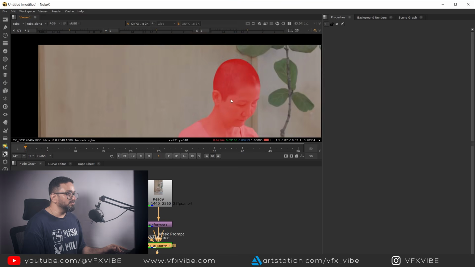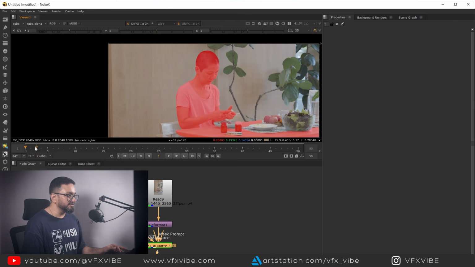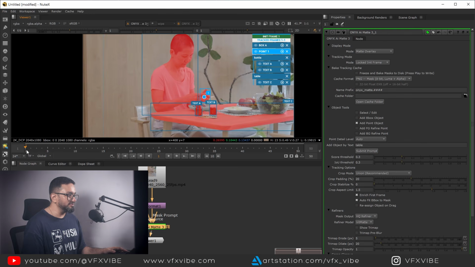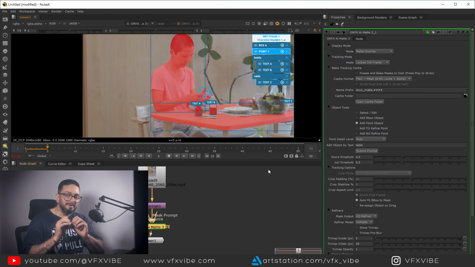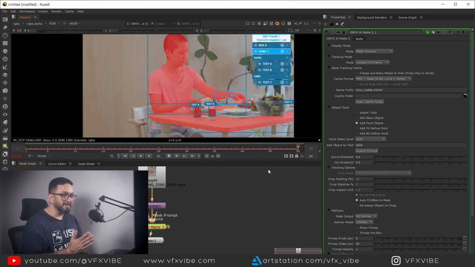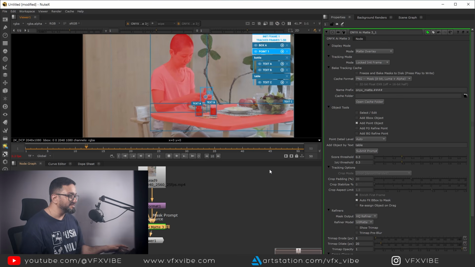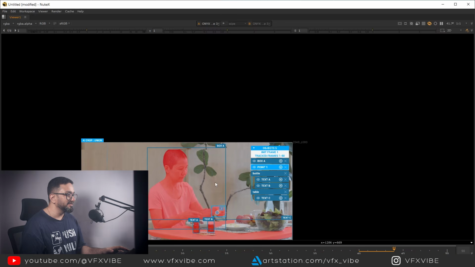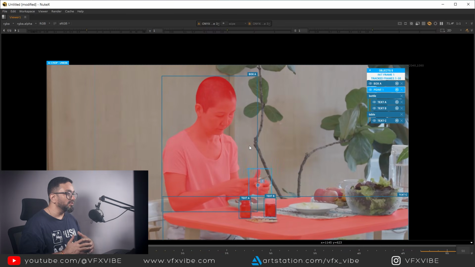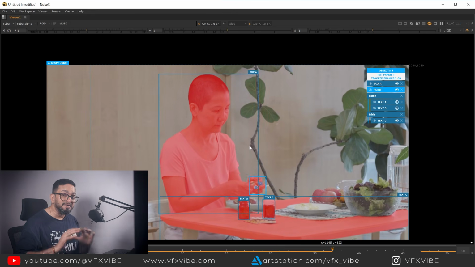Now I want to do this for all frames because this is for the first frame. I will double click, and if I go to the second frame, my mats won't be there, but what I have to do is just play it. It will take some time and my entire frames' roto will be done. So I'll come back once this is done. Okay, so it took me around 2 minutes, and if you can see over here, my roto is all done